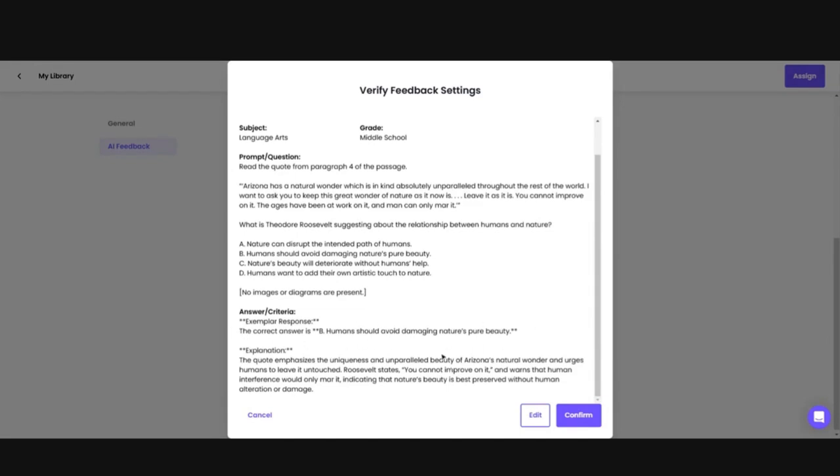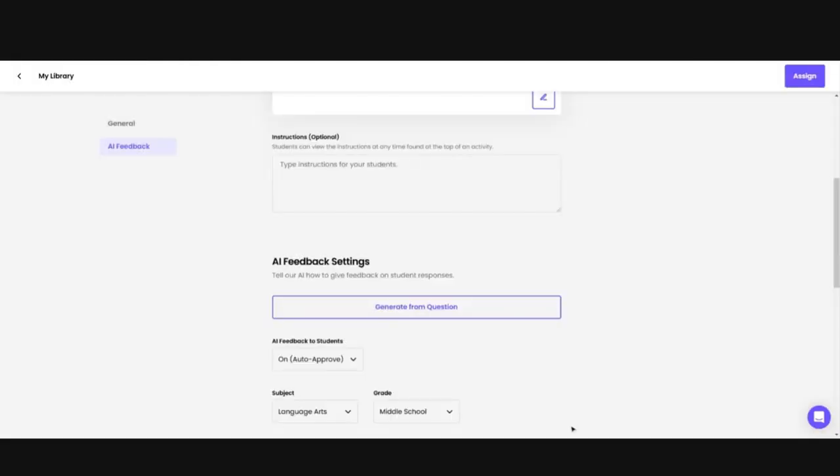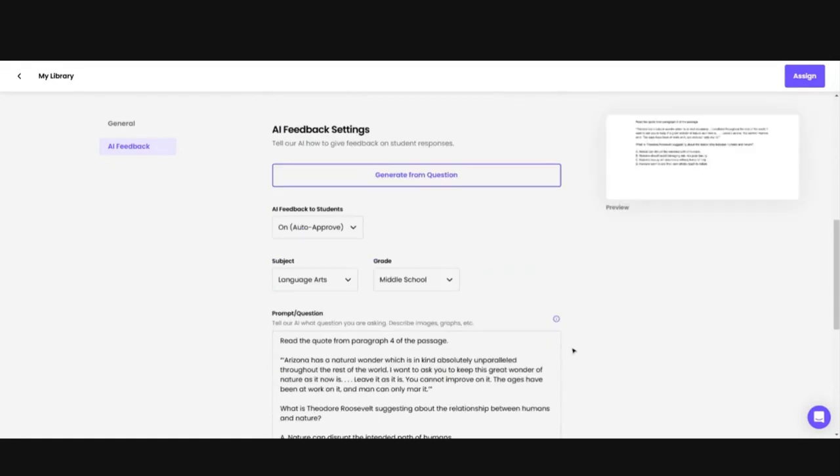So if I was working on this, I would say, yes, I like those feedback settings. I'm going to confirm. Obviously, as we have talked about AI, we've said we want to make sure that we always check AI, because it's very possible that what it comes back with may not be exactly what it needs to be. So always make sure on these AI feedback settings that you check what it comes up with and that it is correct. I would even say right here, so this is from